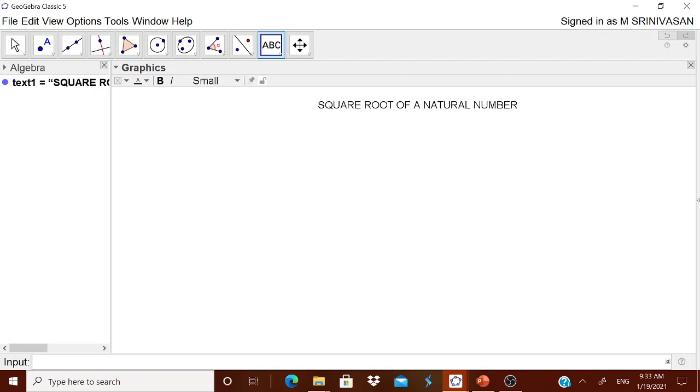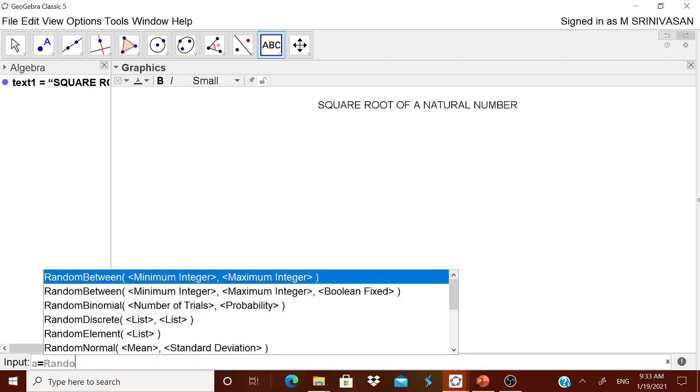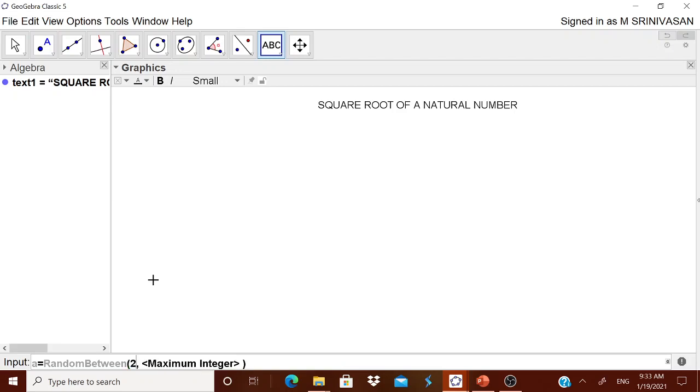I am not going to use any slider. I am going to use a command called random number. You know that even in a calculator random numbers can be generated. In the Excel worksheet also you can generate a random number from a number to number. Here also there is one command. Please note down the command. Very simple. Random. When you just type RAN, it automatically pops up. There is a command called RandomBetween. You click it. Now I want random between 2 to 100.